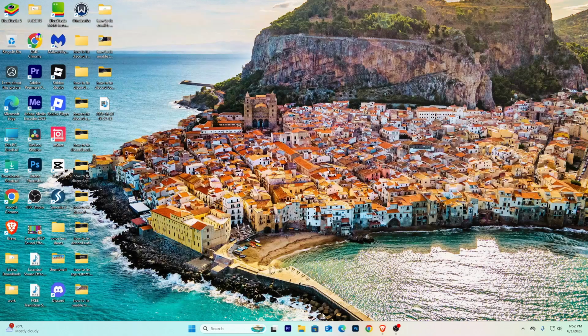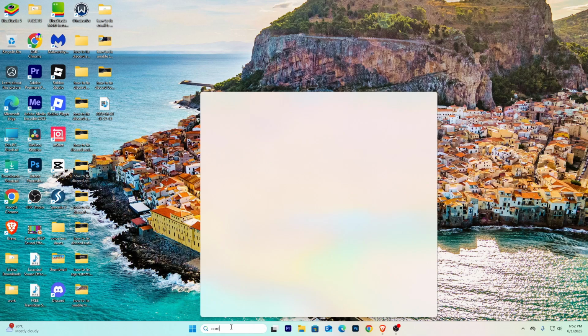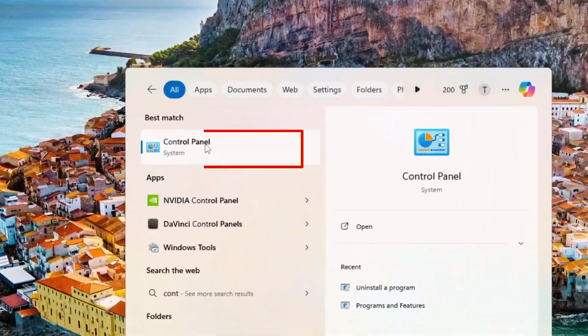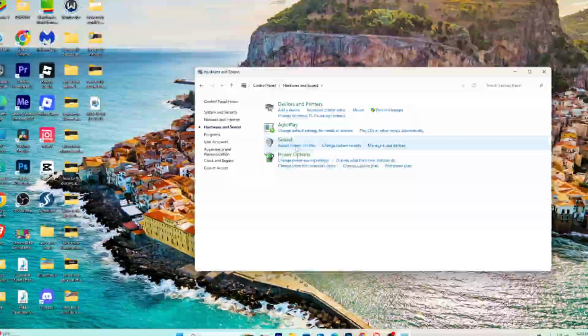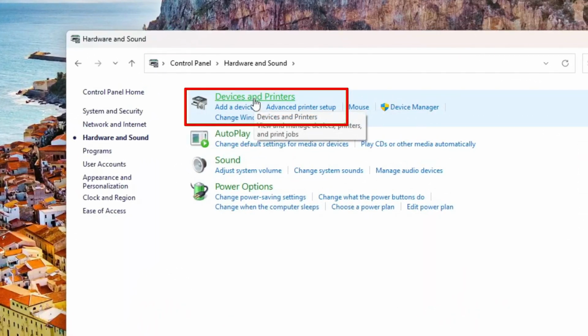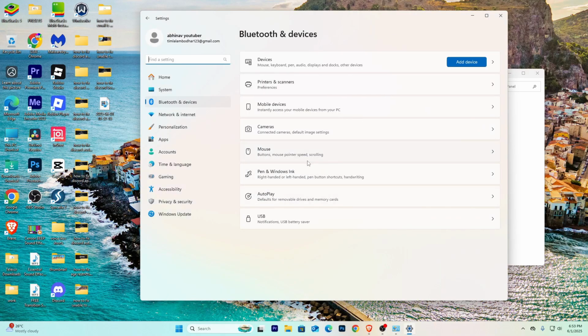And if it still doesn't work, what could have happened is maybe that Bluetooth device is not properly connected to your PC. In that case, you can just go on your search, and over here just search for Control Panel and click on the option Control Panel. From inside here, what you can do is Hardware and Sound. From here you can click on Devices and Printers, and over here it's going to show you your Bluetooth device